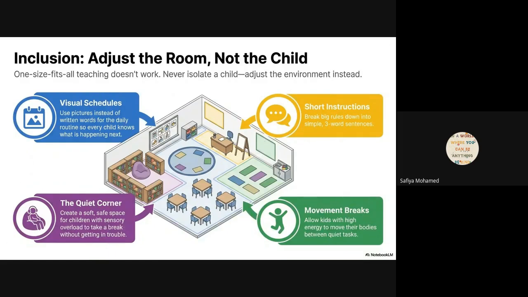So when we speak about inclusion, we're speaking about access for children that perhaps use wheelchairs or crutches. We're talking about children that use hearing aids, children that have bad visual perception. We allow them to sit closer, and so on and so forth. Also, we have 4 short points, visual schedules. That is the pictures that we use instead of written words, because at ECD level they don't do that. So we use symbols and we use pictures.